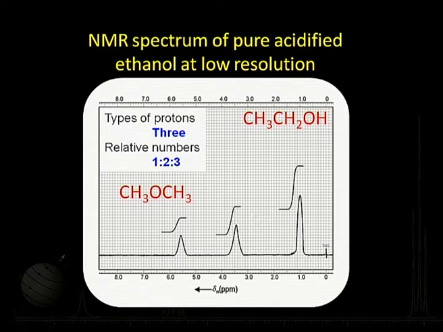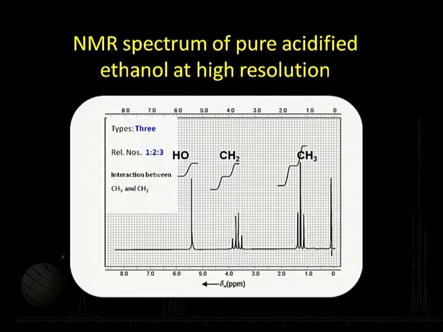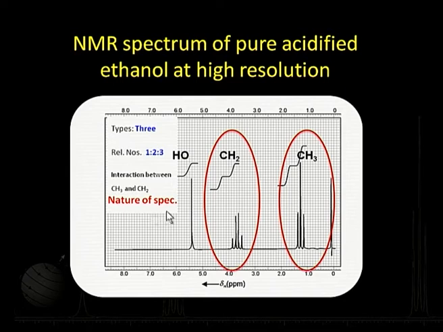Let's move further. Let's look at another spectrum of ethanol here, what's called a high resolution spectrum. All these things we'll try to see later on. I'm just trying to give you an overview of things. Now what you see is that in this case the spectrum looks slightly different. Again, there are 3 peaks here. This is one major peak, second one, third one, but something more has happened there. The nature of the spectrum has changed.